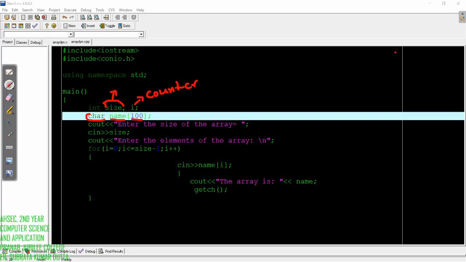Why am I using it? Say I am using this to store my name. Everyone has a different name, and those names may have a different number of letters. My name contains 7 letters, someone named Rahul will contain 5, someone named Pronoy may contain 6 letters, someone's name may contain 10 letters. So it will always change from user to user.